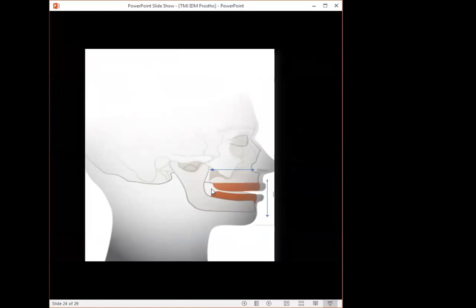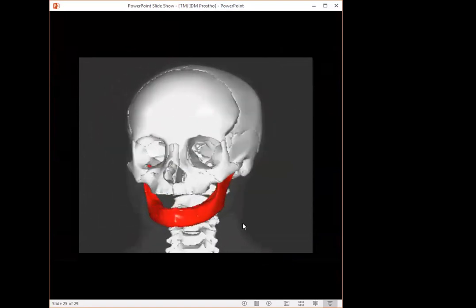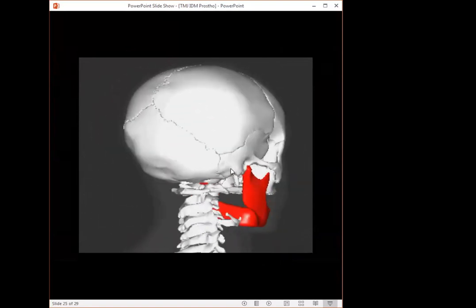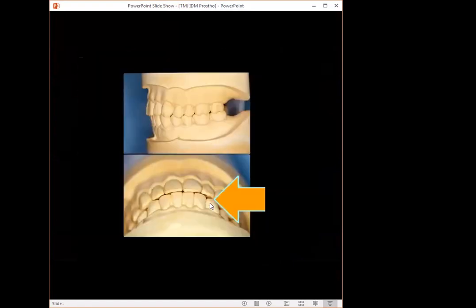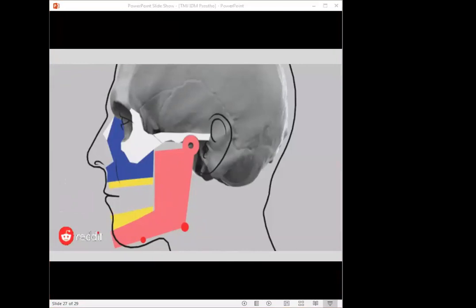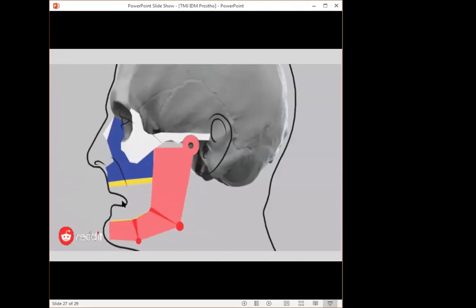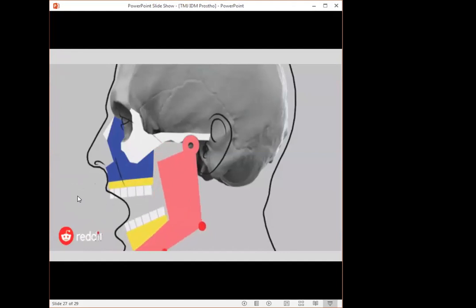So you have the relationship of the maxilla and the mandible, and whenever the mandible is moving, can you see this? This is what happens when your mandible moves along with the maxilla. When the teeth are lost, that is, the patient does not have any teeth, what happens? The patient starts moving the mandible in front because he cannot occlude without teeth.